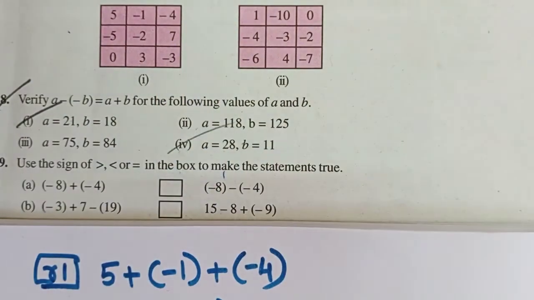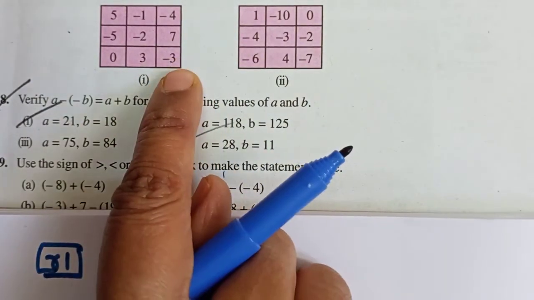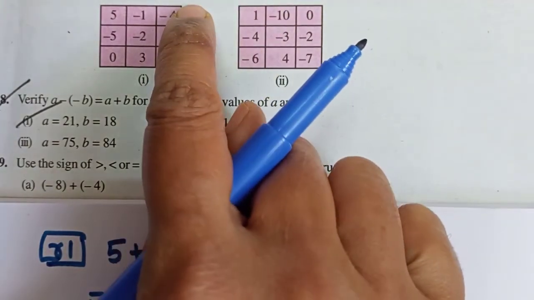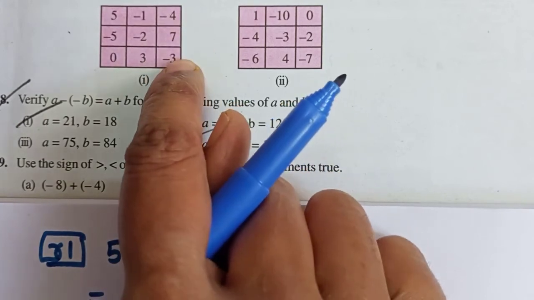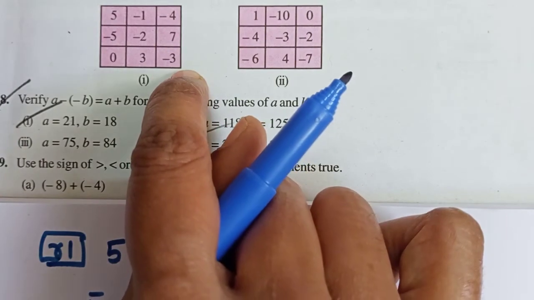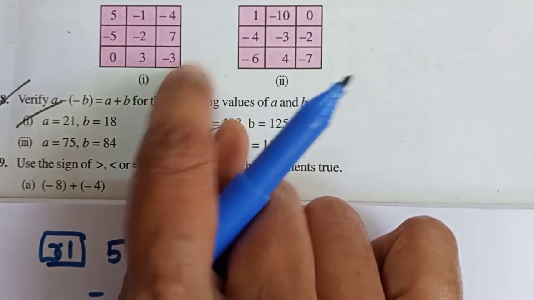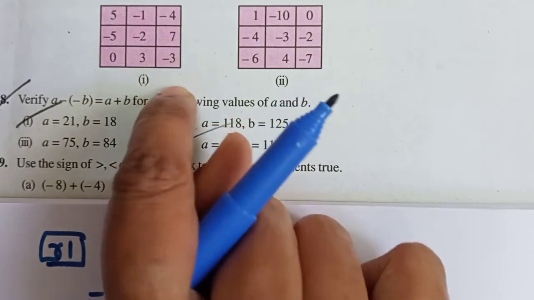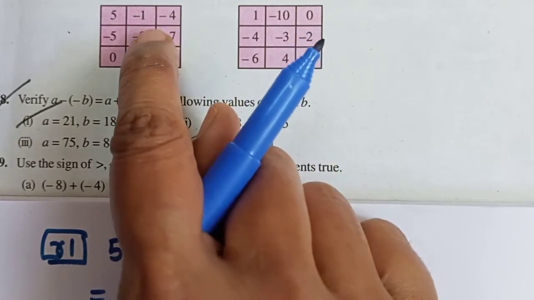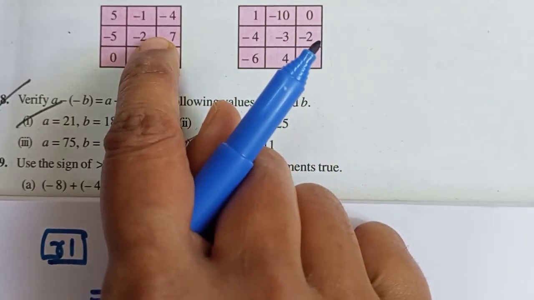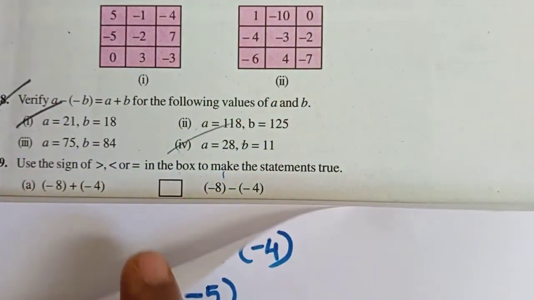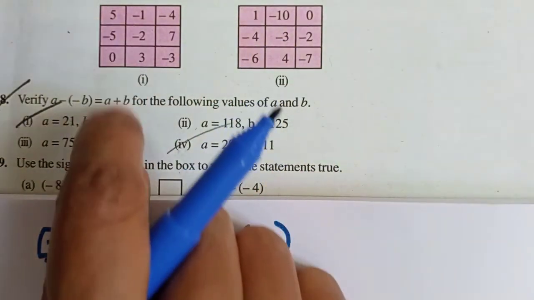Columns let us do orally as they are only single digit numbers. If it is double digit, we can write it out. Minus 4 plus 7 minus 3. Minus 4 and minus 3 both are having negative sign, so they will give you minus 7 plus 7, which is 0. So this column also gives a 0. Minus 1 plus minus 2 will become minus 3 plus 3, which becomes 0. Here also I am getting a 0.